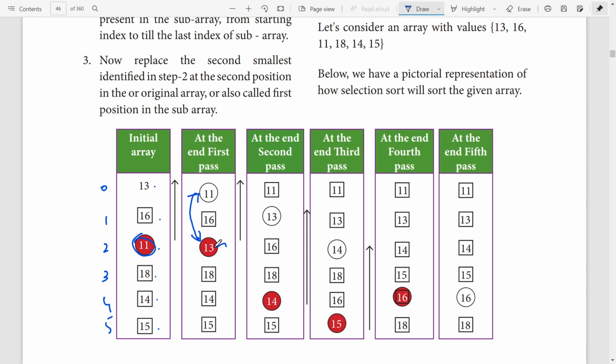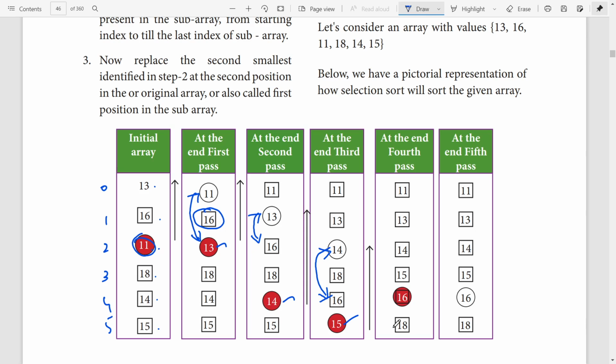Next, the next smallest element is 13. Comparing 13 with the second element, we are going to rearrange. See, in place of 13, 16 is written. Next smallest element is 14. Going to compare 14 with 16. Again it is rearranged. Next smallest element is 15.